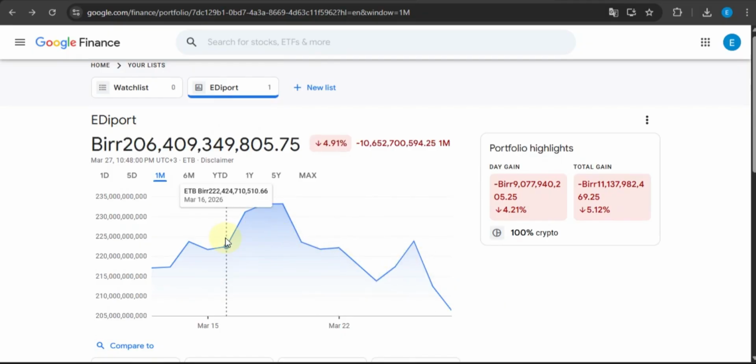You can also create multiple portfolios for different goals, such as long-term savings, short-term trading, or separate personal and business investments. Regularly reviewing your portfolios and market trends will help you stay on top of your financial progress and identify new opportunities. By following these steps, you now have everything you need to start using Google Finance to track and